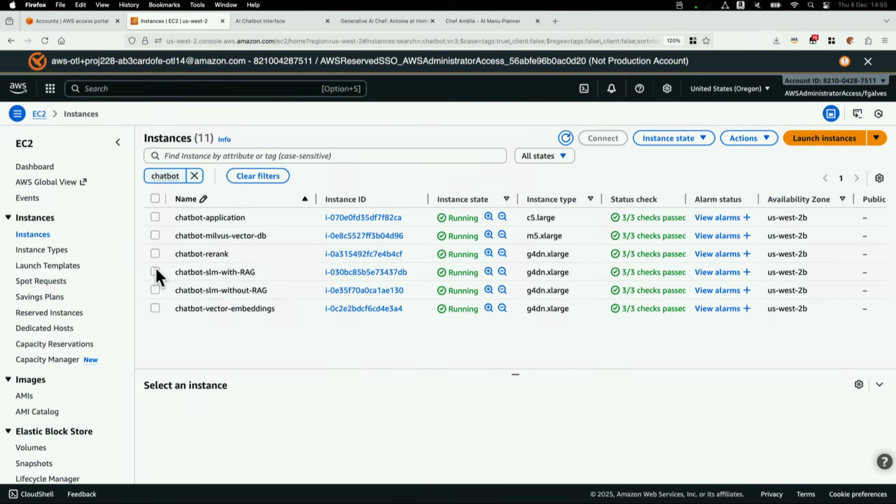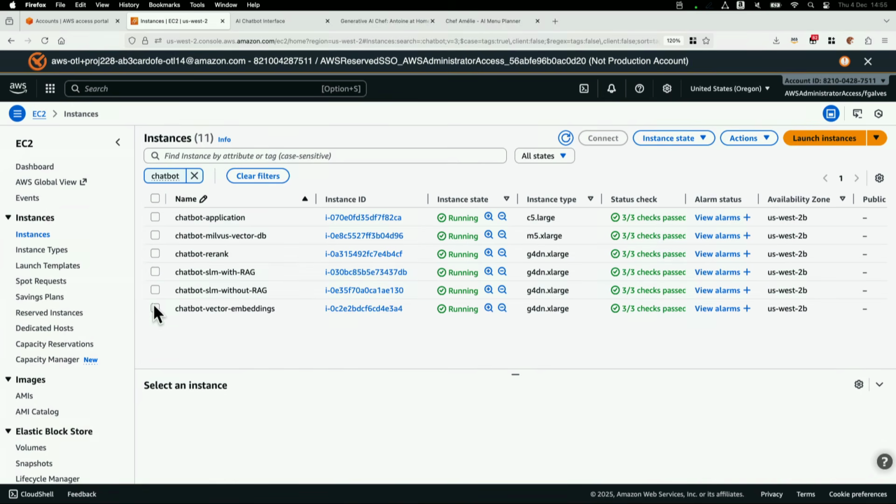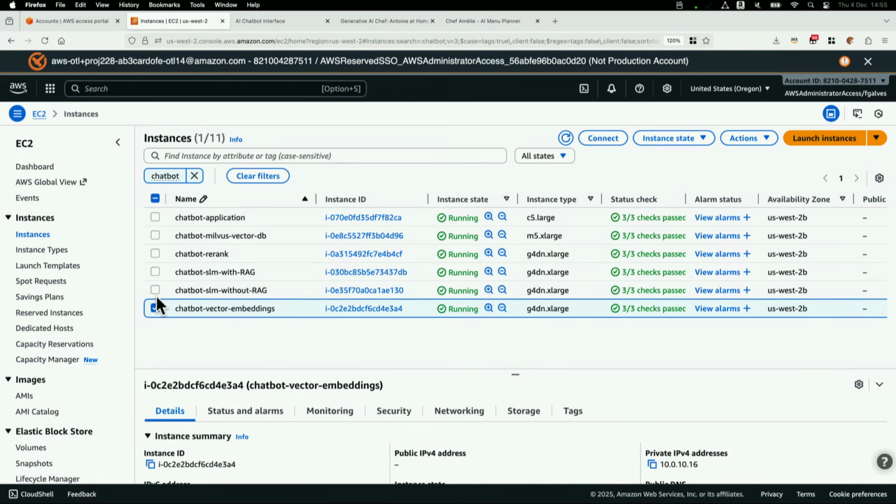The SLM that we use to run Llama server and the Phi-4 instruct, and the vector embeddings. It's another module that's part of the RAG that we will explain in a few minutes. So now, Chris, you go ahead with that.